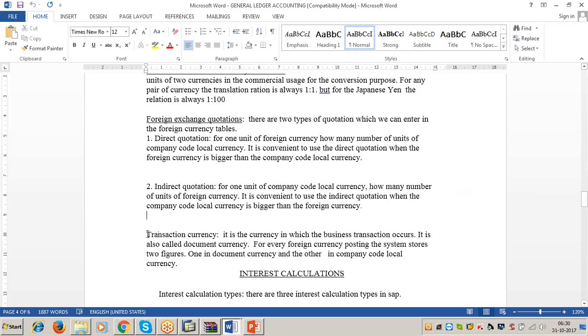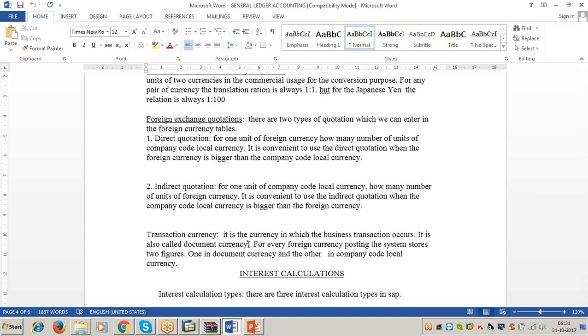And one more thing is, we have to understand one more concept, transaction currency. It is the currency in which the business transaction occurs. It is also called document currency. Document currency or transaction currency. Suppose you have paid rent in Indian rupees.